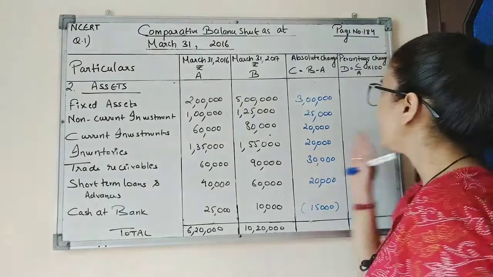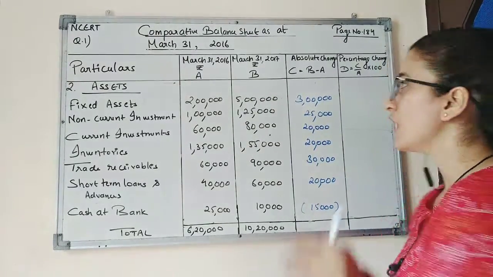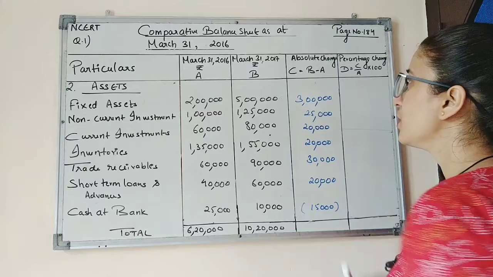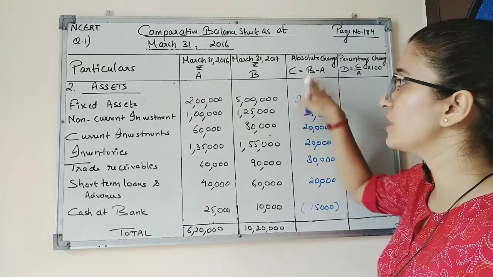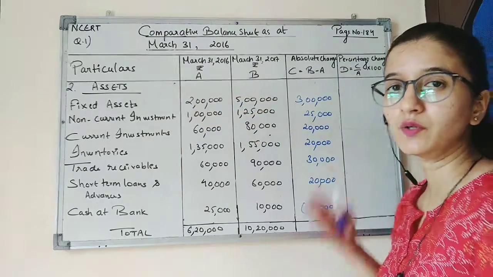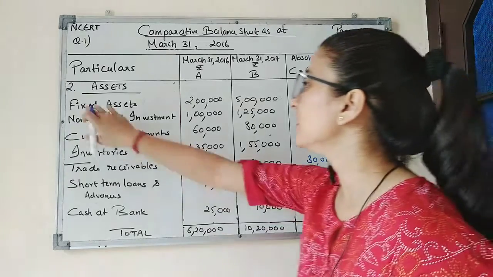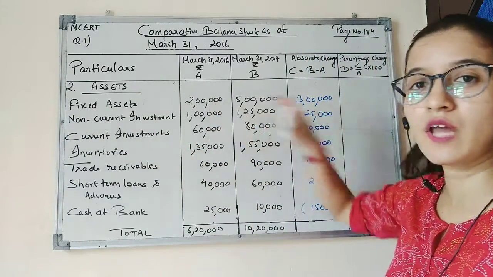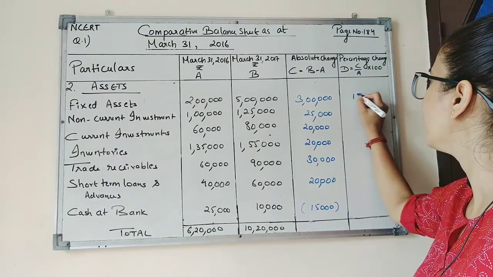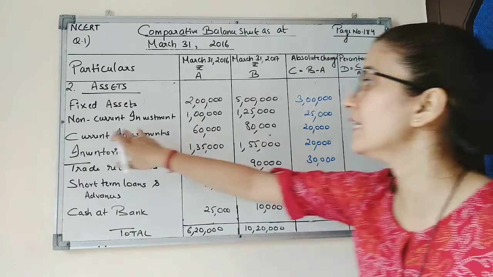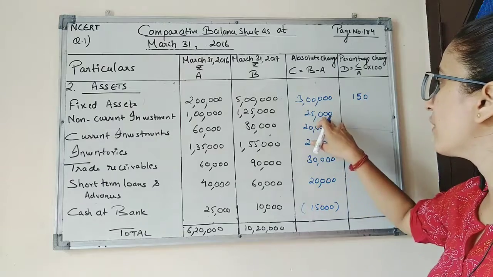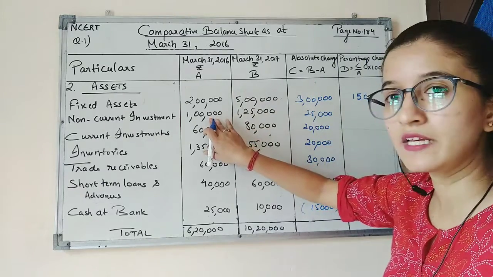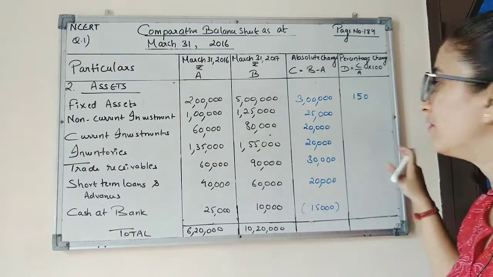15,000. Now the next column is percentage change, and to calculate percentage change, we will divide the absolute change by the previous year amount into 100. Now the percentage change for fixed assets will be 3 lakh divided by 2 lakh into 100, which is 150%. Second is non-current investment. So 25,000 divided by 1 lakh into 100 will be